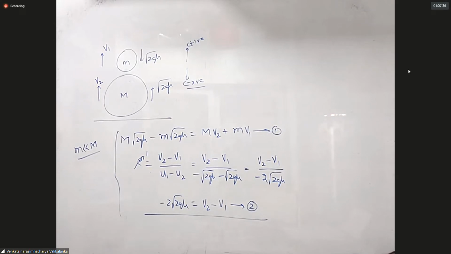Okay, you want to take capital M to be a fixed surface. So capital M is like a mirror that's moving upwards with root 2gh velocity, and small m is like the light ray or an object moving downwards with root 2gh. Okay, no issue with that. Perfectly okay. Capital M is a mirror moving with under root 2gh. And then the last step we put capital M much bigger than small m. Yeah, no issue.